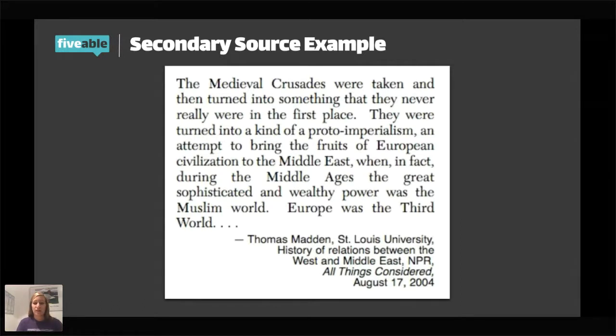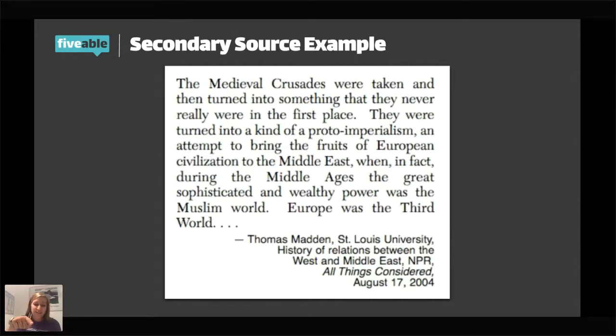Now, in working with a document like this, here's our first look at how we're going to annotate. If I was a student that got this document the first time, I would be grabbing my pen and underlining what I think is the argument. Because when we're reading documents like this, especially secondary sources, a lot of the time they're going to have some type of argument within there. So I would underline what I think is the argument: they were turned into a kind of